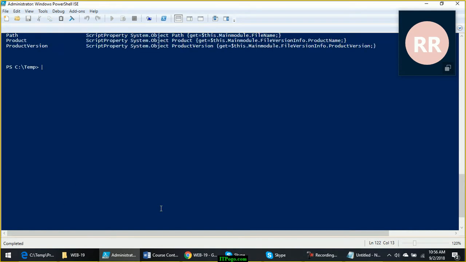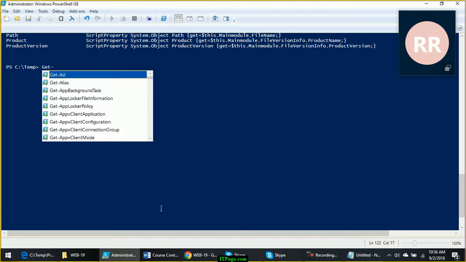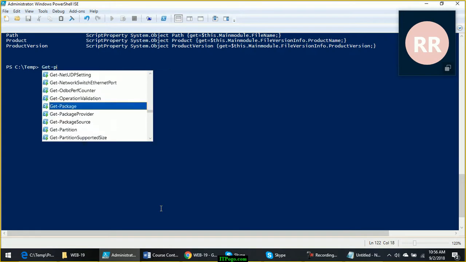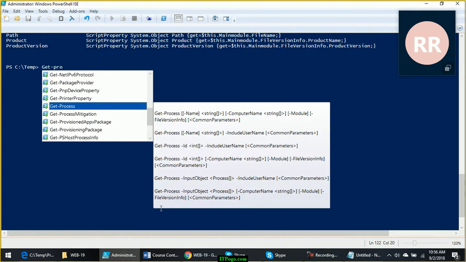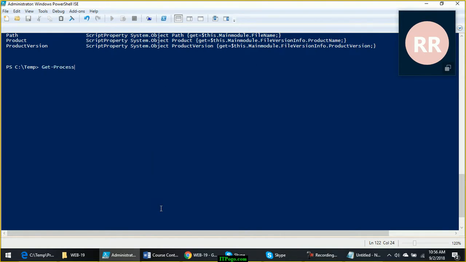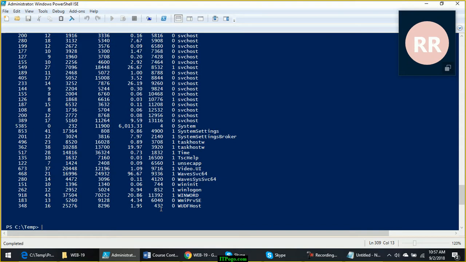But let me show you another example where we will now discuss what if and confirm. So far I have just prepared the background or the base for our discussion of confirm and what if support. Now think about this. Get process is giving me so many processes.